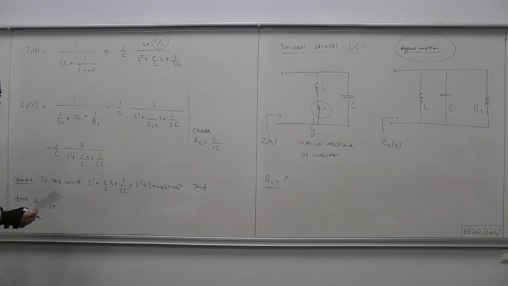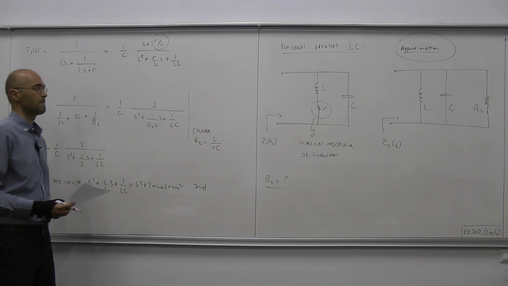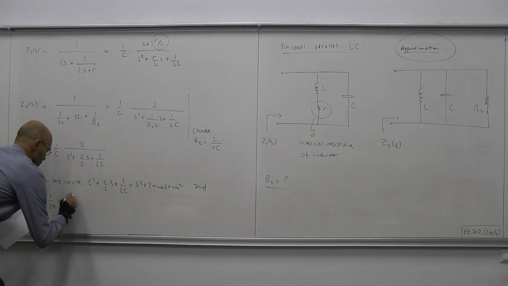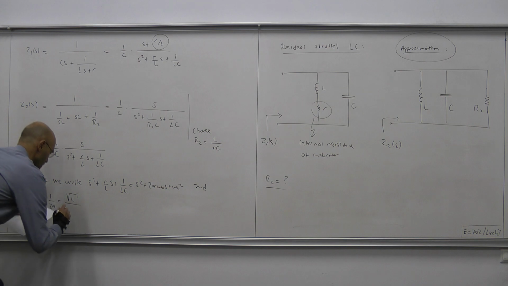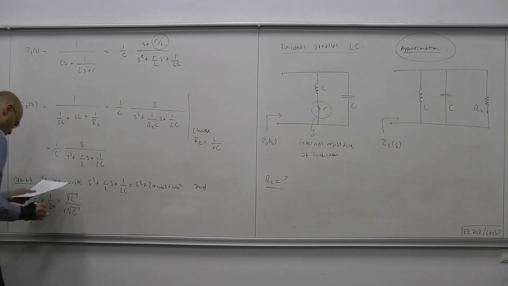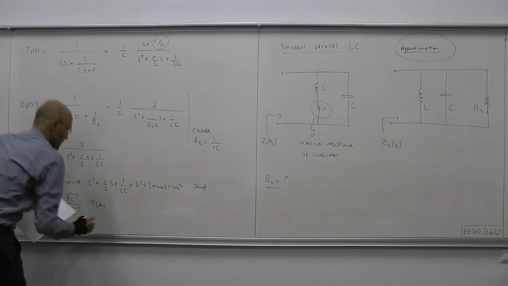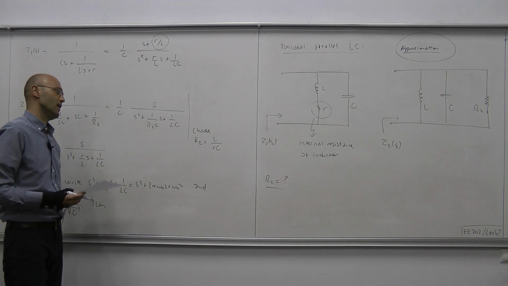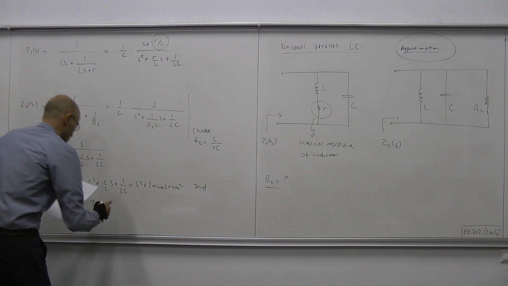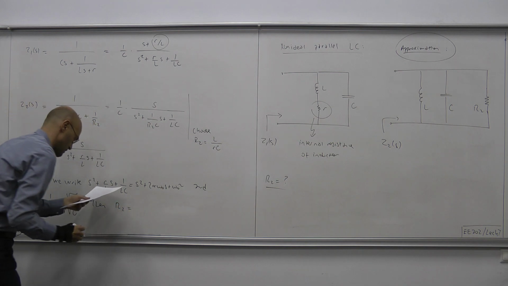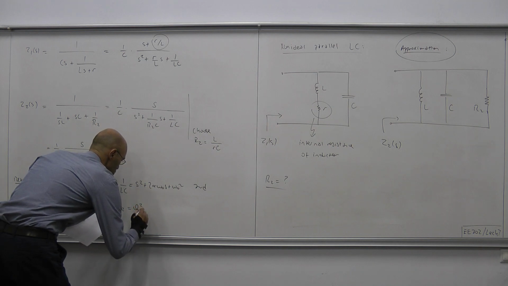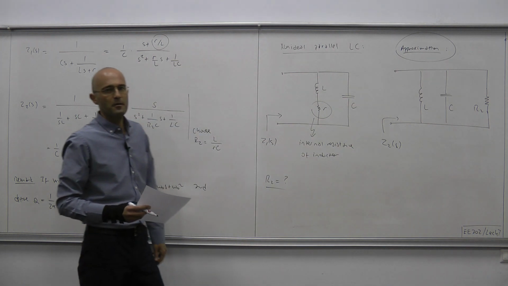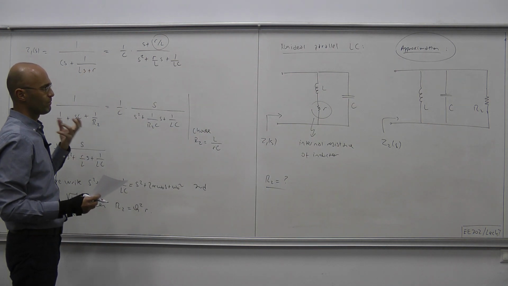And 1 over 2 alpha, in terms of the circuit parameters, is square root of L over R times square root of C. Then in terms of Q, R2 becomes Q squared times R. Okay, then R2 can be expressed in this new notation as Q squared times R, where R is the resistance representing the internal